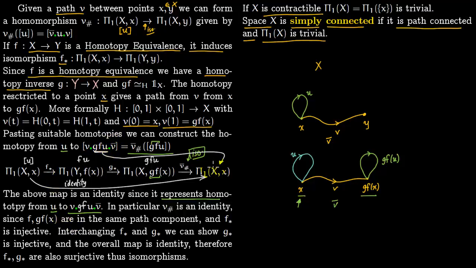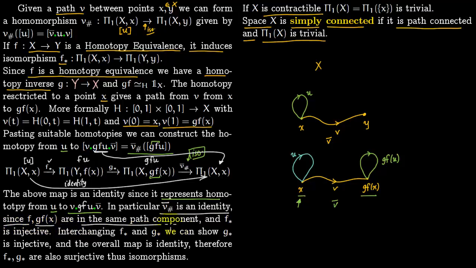So this is our identity map. So what we have to show is that this f star is injective. Again, I just mentioned before that in particular this v bar hash is an isomorphism